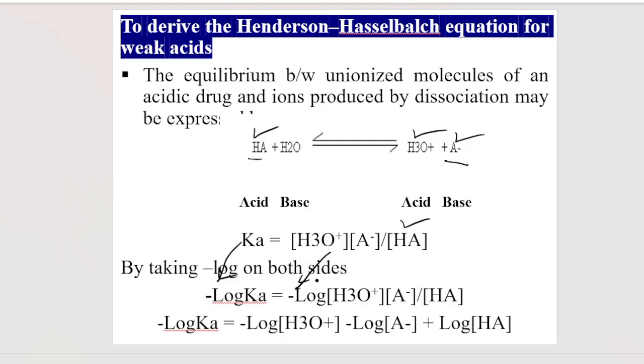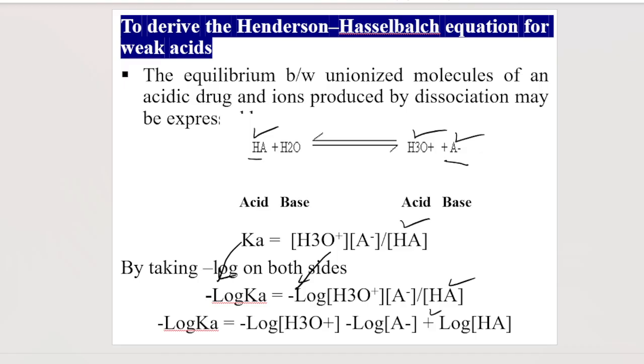अगर आप दोनों साइडों पे माइनस log लेते हैं, you will have this equation, and माइनस log of Ka already we know that is equal to pKa, और ये भी माइनस log of hydrogen ion concentration that is equal to pH, and then again this is the minus log of A minus, and this will be equal to plus log of HA, क्योंकि ये डिवाइड हो रहा है और then it will become नोमिनेटर वाली साइड पे ये आएगा तो माइनस के साथ आएगा, फिर इसका माइनस है तो माइनस माइनस दे will become the positive sign. तो इसका ये positive sign आ जाता है क्योंकि ये ऊपर जाता है, I mean कि when it becomes numerator, the numerator की जो power -1 है इस माइनस log के साथ मल्टीप्लाई होती है, then it becomes plus log